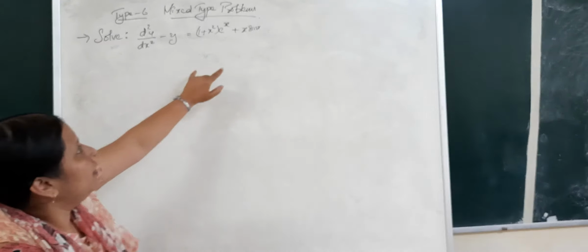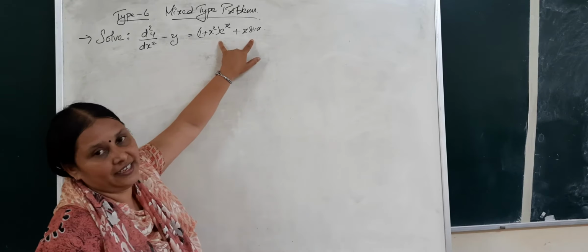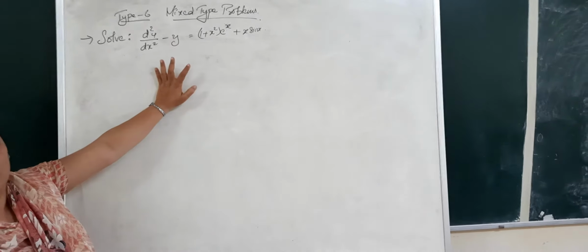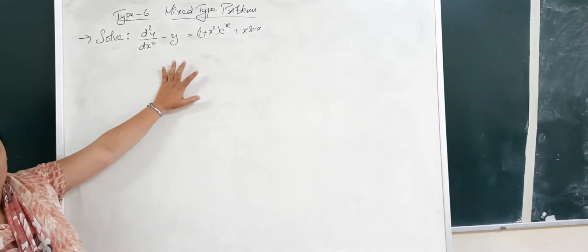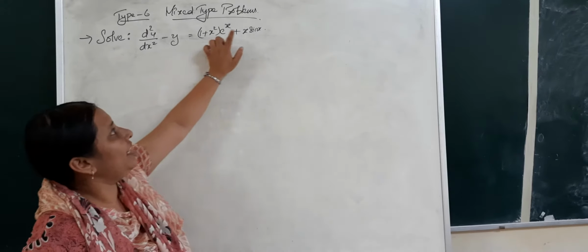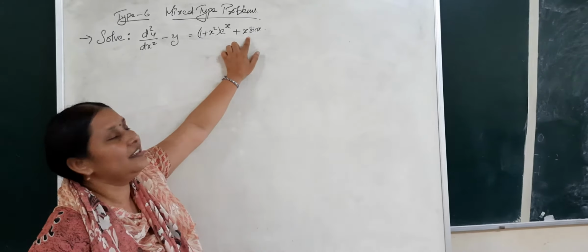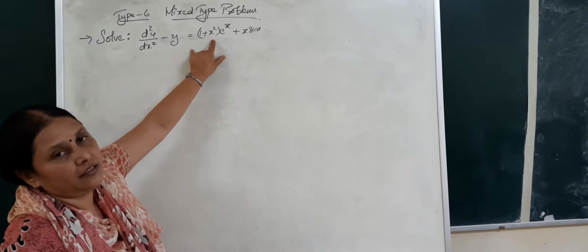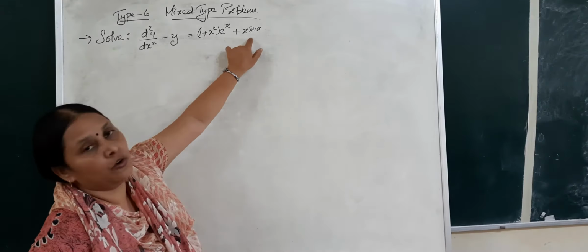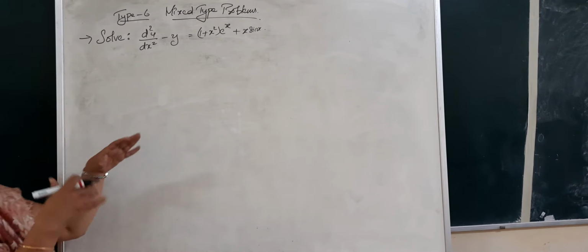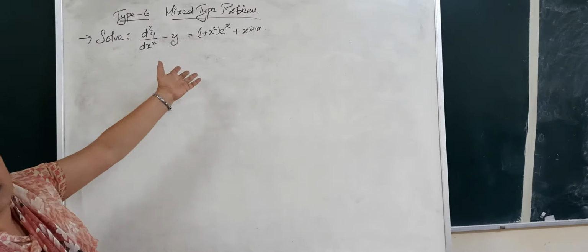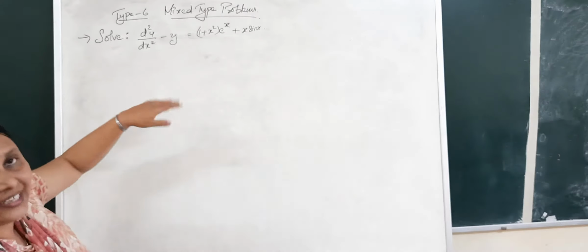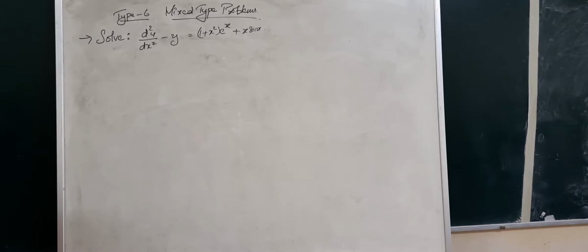You can observe here, both the terms on the right side have a product of two terms in each of them. So this comes under one type, and this is going to come under another type. Which one is that? Can you identify? This comes under type 4 and this will go for type 5. And accordingly, intermediately for type 4 and type 5, you want to apply type 3 and type 2 as well, if I am not wrong. Let us go ahead and see how to solve it.